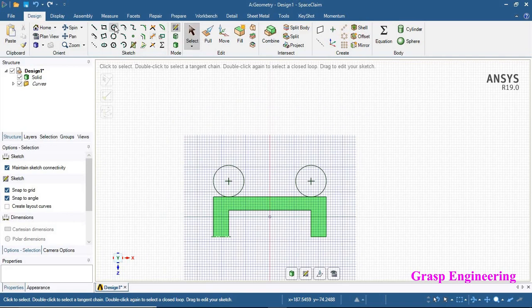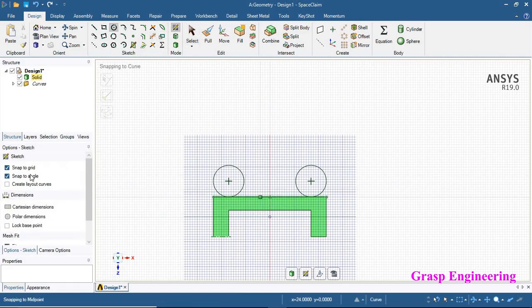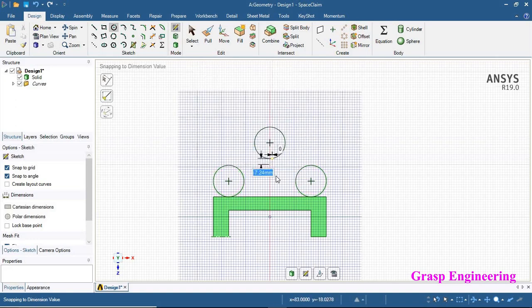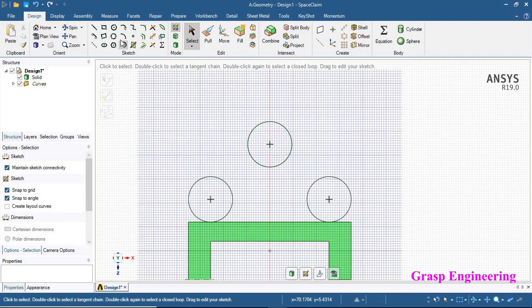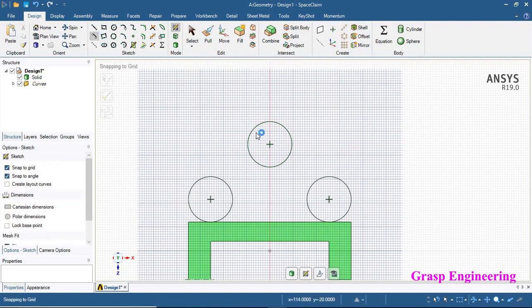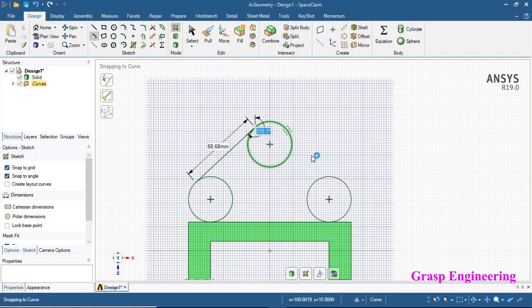In order to do so, select this point, the middle point, as a reference. From here we will create a 65 mm vertical dimension, then tab, enter, and from here we will create a further 19 mm circle. Once all three circles are done, go to select, and here you can create a tangent line between all the circles like this.